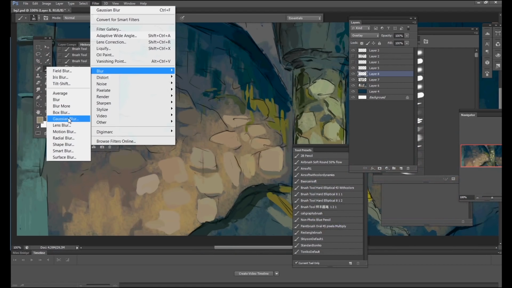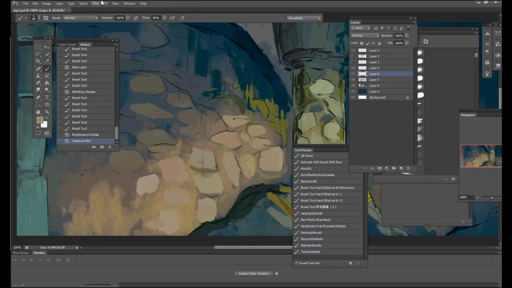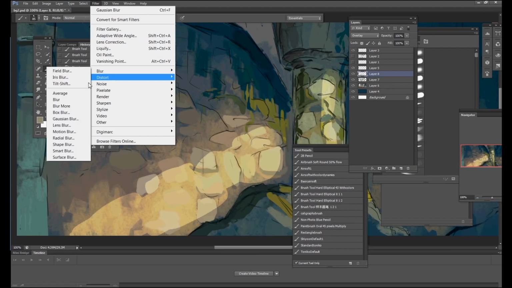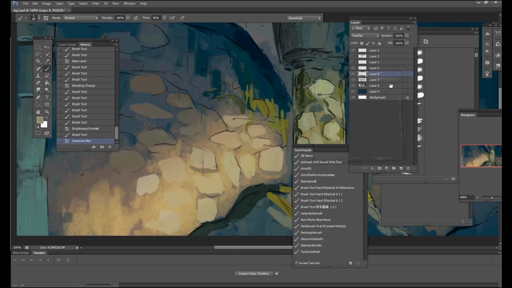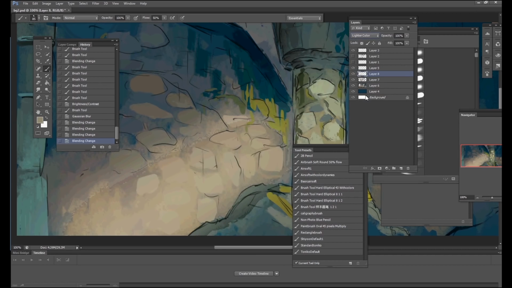Anyways, this is how I work on my backgrounds. It really changes depending on the shot or depending what I'm trying to achieve. So if you feel that my painting methods suck and you decide to do something else, by all means go for it. This video was really only meant to serve a purpose in showing the process of how I'm achieving this certain shot. Anyways, I think I'm just about done with this image.